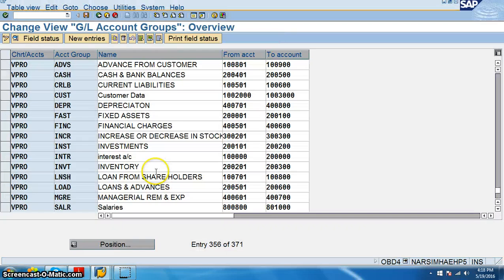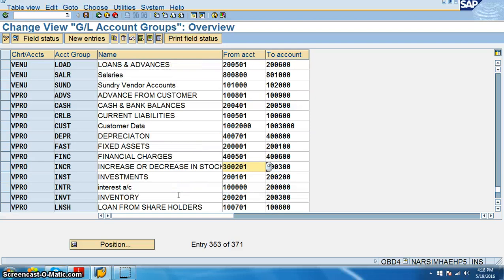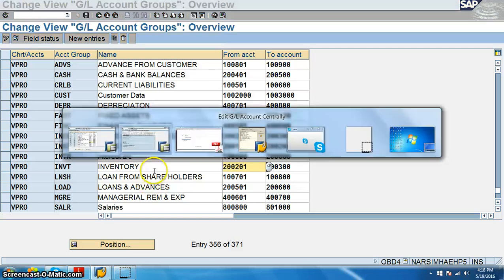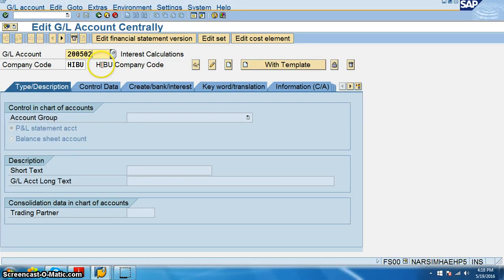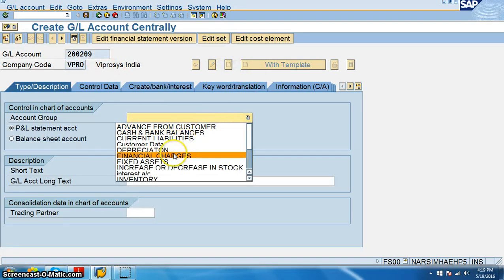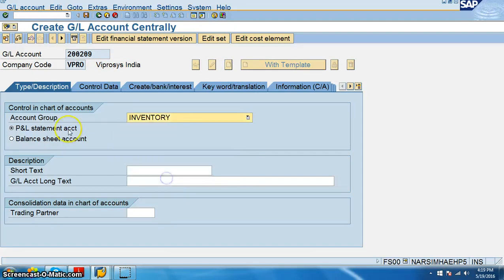So this is for the raw material, so I'll take it as inventory 200201. Okay, so inventory 200. So the inventory balance sheet account.